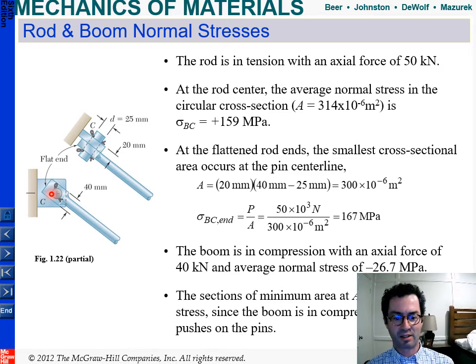Let me repeat that again because I remember when I reviewed this myself, I confused myself. We just figured out this little area here and this little area here and decided that's the weakest part and that's what's going to fail first. And I'm telling you that we didn't worry about that for the horizontal member because